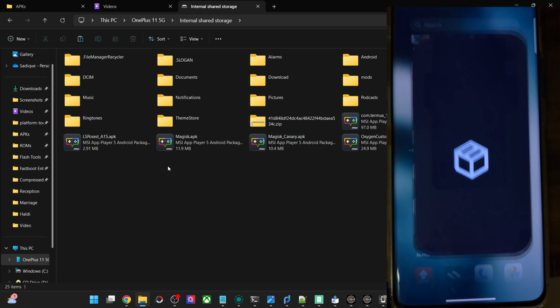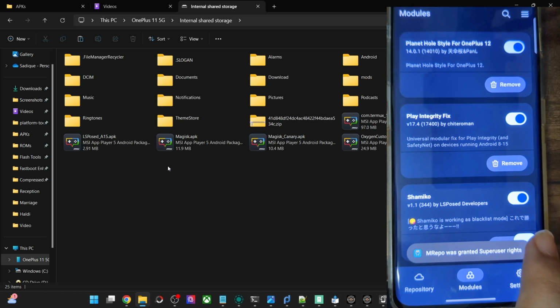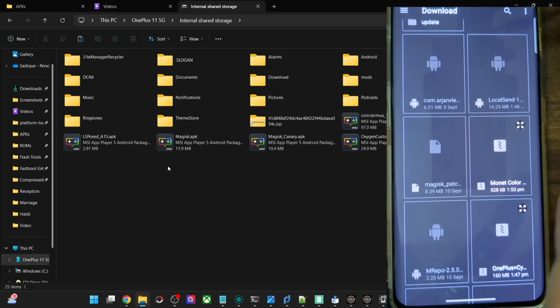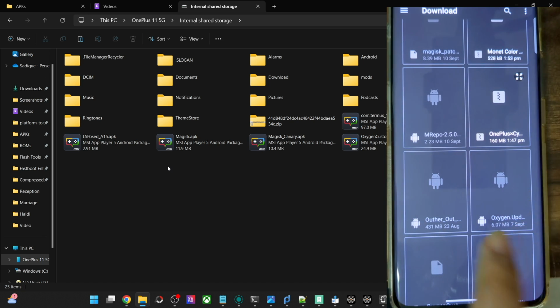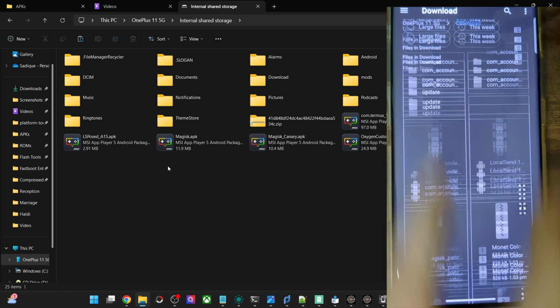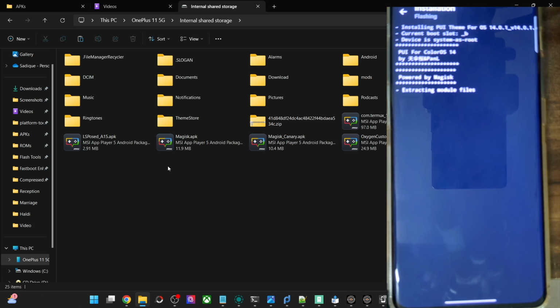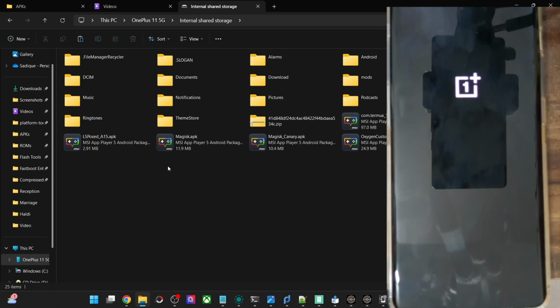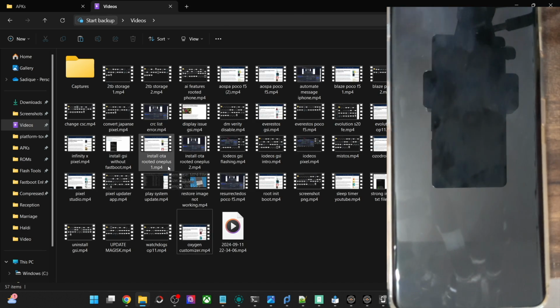So launch the mRepo app, modules, tap on the module icon, and now we have to select the PUI theme. So this is the PUI theme, choose it. It will now extract the module and flash it, and the flashing will take a few seconds. So let's just wait for that to happen and then we will have a look. I haven't yet flashed the theme earlier, so I have no clue about the theme. I am doing it for the first time itself. So let's see how the theme looks, whether it is in sync with my requirement or not.